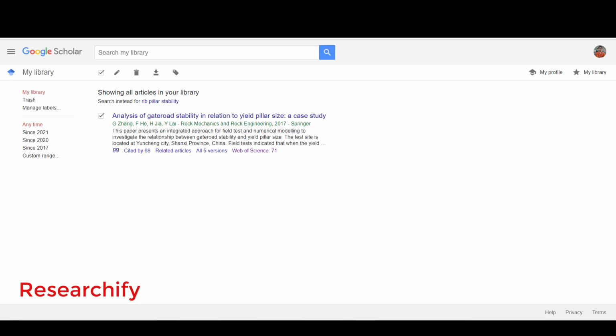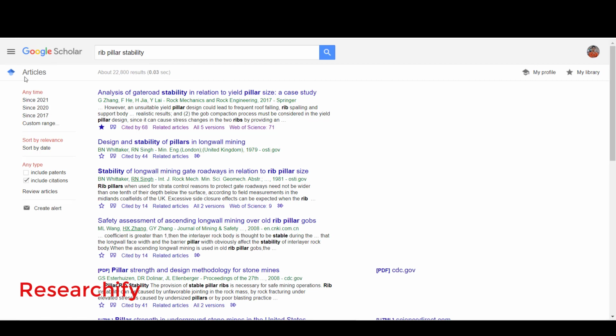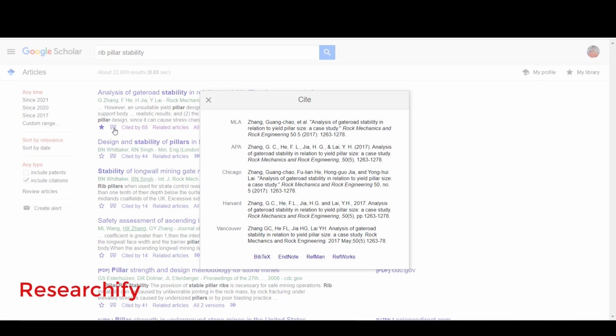Okay, now just come back and I will show some more options. Here you can see the cite option. Just click, and you will see some of the most used citation styles like MLA, APA, Chicago, Harvard, and Vancouver. These citation formats are mostly used and available.